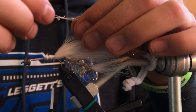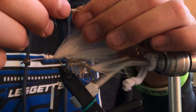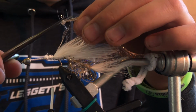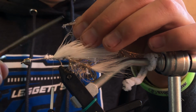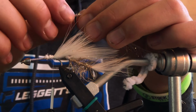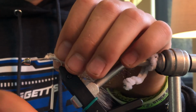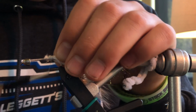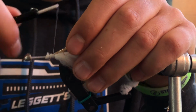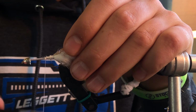Now I'm going to pull this stuff up. I kind of said this in the beginning, but you're going to pull this up and just cut out that polar chenille stuff, just at the tip, only about a half inch. Then you've got a perfect spot to tie onto, and it'll be a lot easier to tie that in without all that polar chenille stuff getting in your way. Okay, so you're going to tie that in, and now bring your thread back